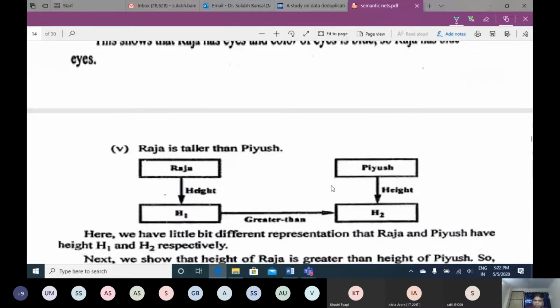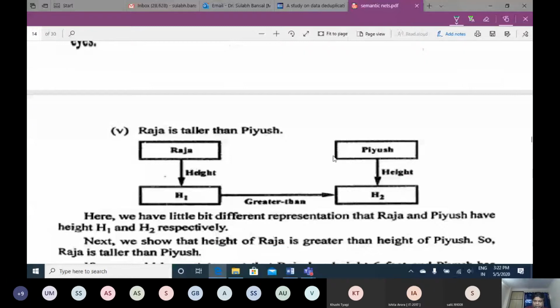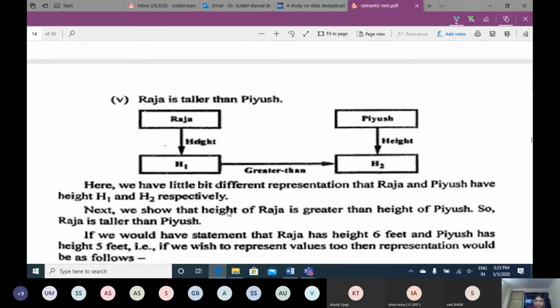Raja is taller than Piyush. So again, Raja and height, if they are taller, then what is the meaning of that? One way of representing it is that you represent there is a height h1 of Raja and a height h2 of Piyush, and they are related as greater than. So how we represent a particular concept in a semantic network is actually left open to the user, and it depends on how they are going to use that knowledge in future. Okay,